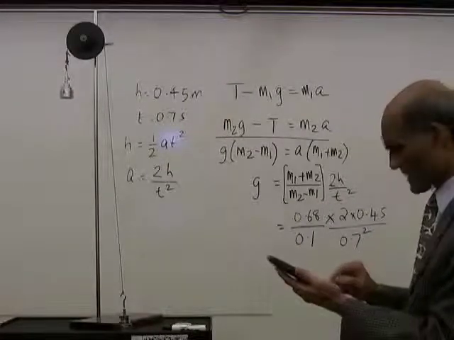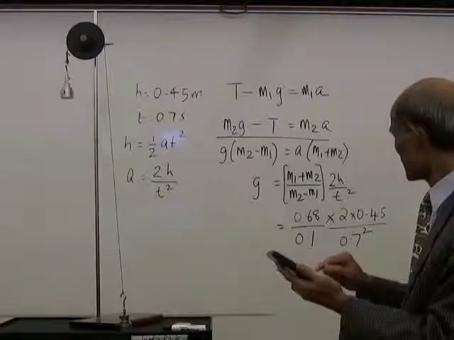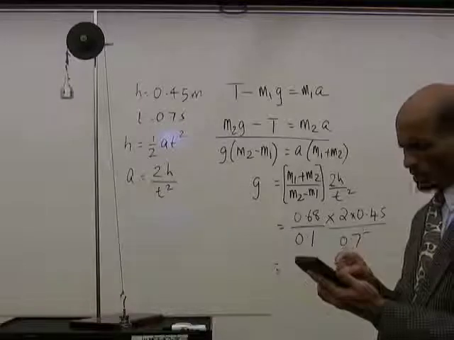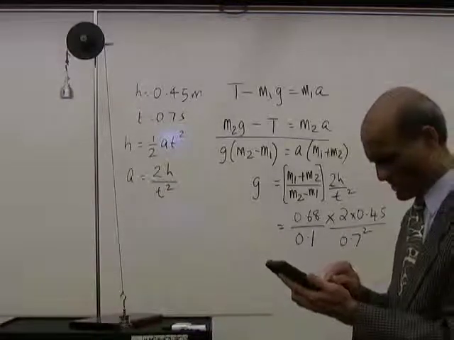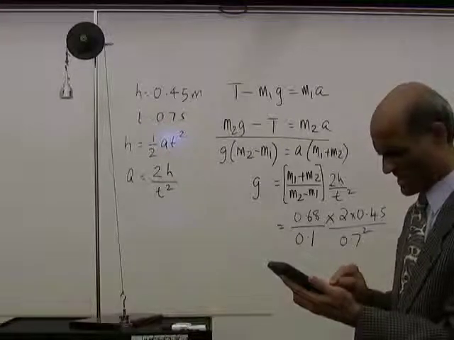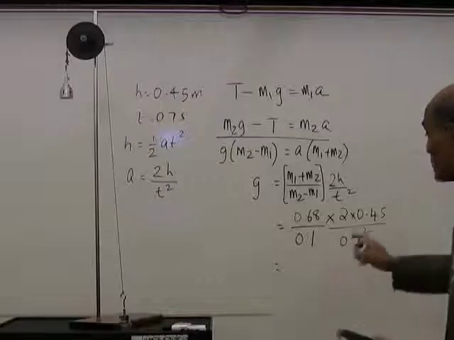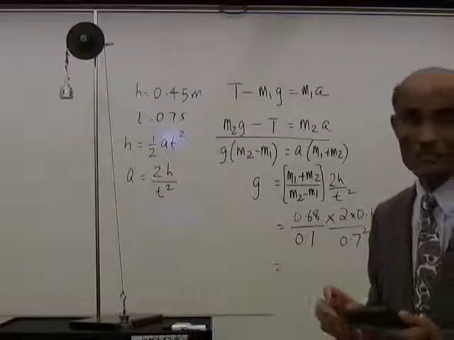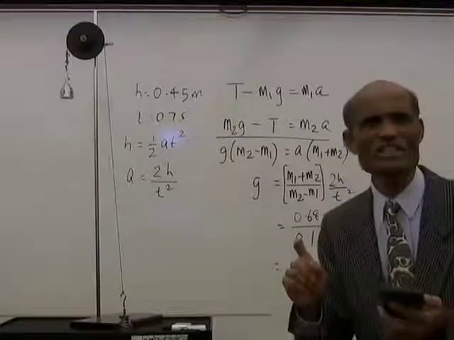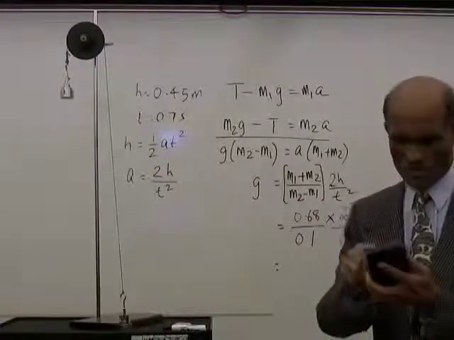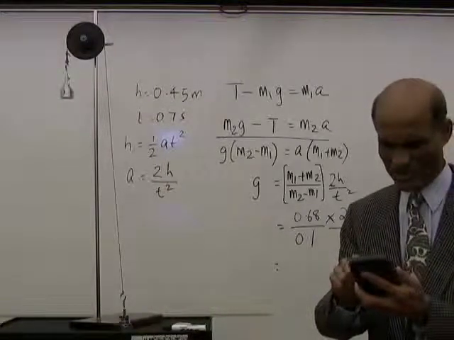PHY2048 multiplied by 2 times 0.45 divided by 0.1 multiplied by 0.7 squared. Well, that gave me a fairly large value. That means the time. Now, I thought my time was very close to 0.9 seconds. Well, if I change that time to 0.9 seconds,